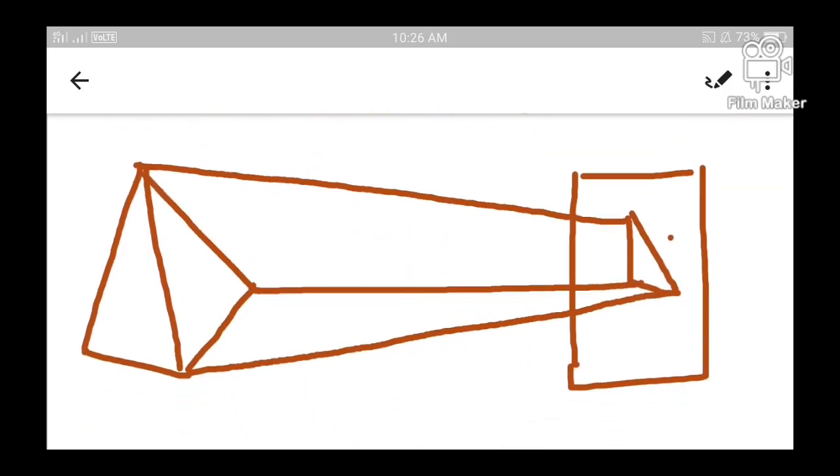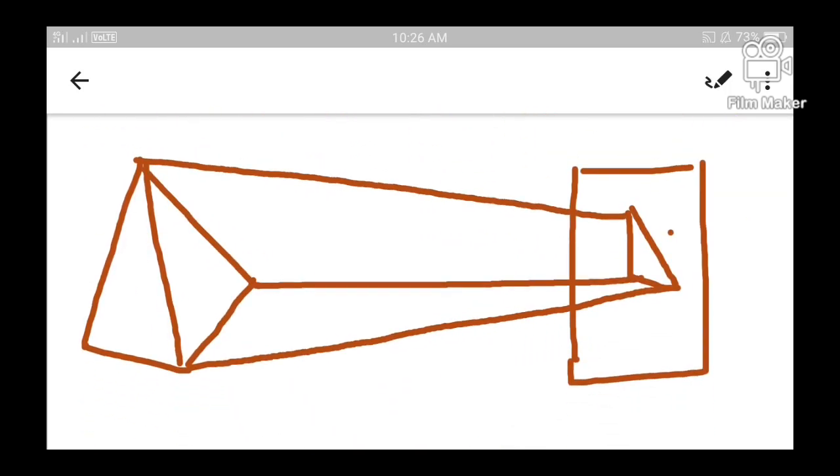Whereas a perspective projection can be explained by a situation where I am going to view a vehicle from the top of a building. Suppose I am standing on the top of a building, and from that building top I'm going to look downwards and see certain vehicles moving on the road. These vehicles will appear very small to me, though the actual size of the vehicle is much larger.